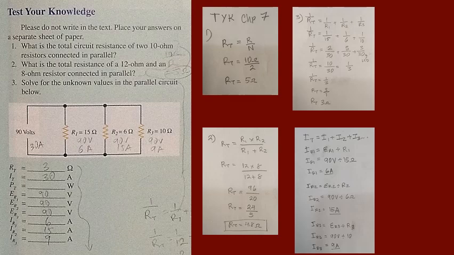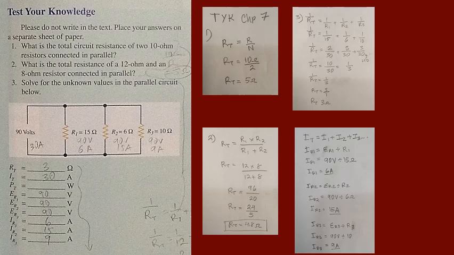We plug that in as a reciprocal fraction, plus 1 over 6 ohms, we take that from R2, plus 1 over 10 ohms, we take that from R3, which gives us 2 over 30